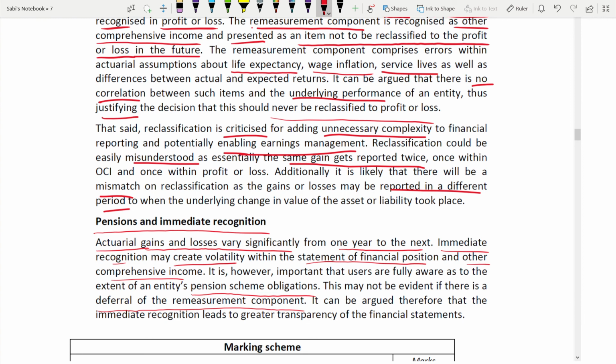It can be argued, therefore, that immediate recognition leads to greater transparency. So immediate recognition leads to greater transparency of the financial statements. Everything becomes transparent. You know the obligation of your pension scheme. You become aware, and it is recorded in the same period. Immediate recognition, so transparency is increased. Nothing to hide, nothing to conceal. Whereas deferral, it could be manipulated. It's not transparent. So you give the benefit of immediate recognition. The marking scheme is not given, but